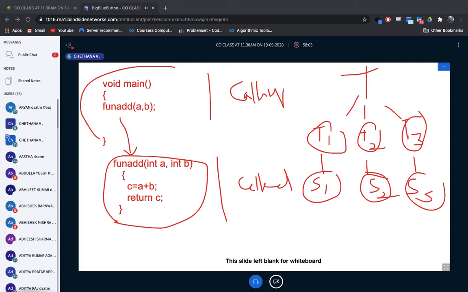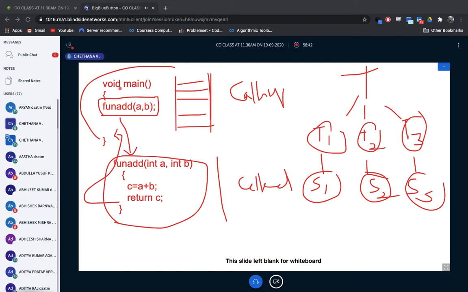Now just imagine what will happen when you type the program. You're going to keep the program in memory. In void main, your complete program, I'm going to keep inside the memory. So here I have a memory, and I'm going to type the complete program, one line by one line. When this function is called, I come directly to this. After this subtask is executed, I should come back. So how can I make out this is the address?